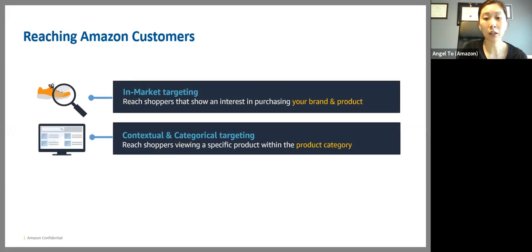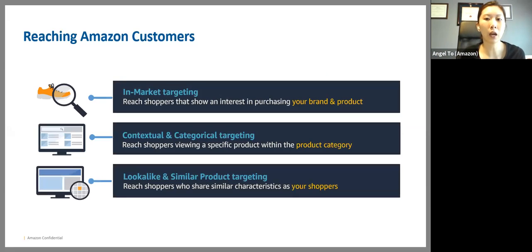Now I'm going to talk a little bit about how we can reach those customers. I'm going to use a parent example, like maybe buying diapers, right? If you're selling diapers on Amazon today, we have the ability to reach those customers through what we call an in-market targeting strategy, which means if that customer is currently shopping for other diapers right now, other brands, your brand or your products right now, through that data or that shopping signal, we can formulate and create what we